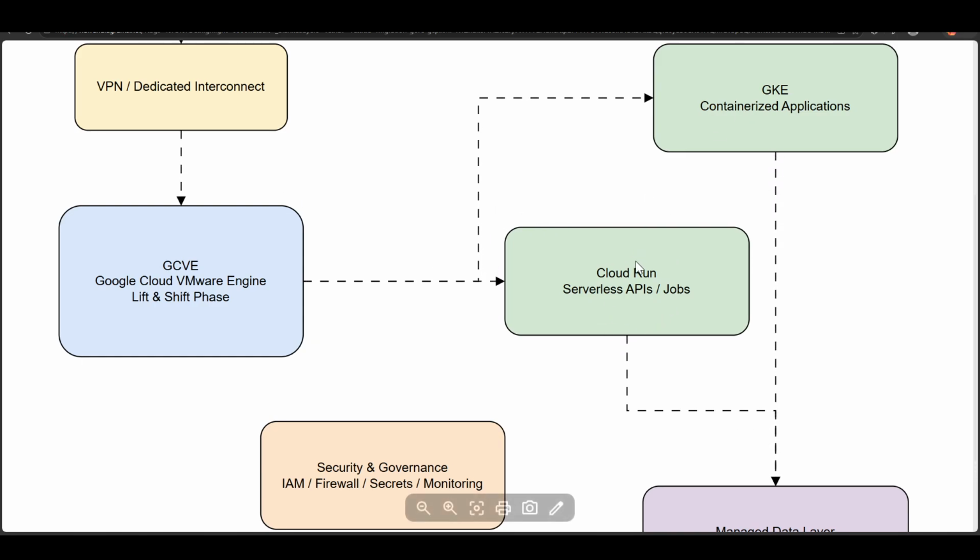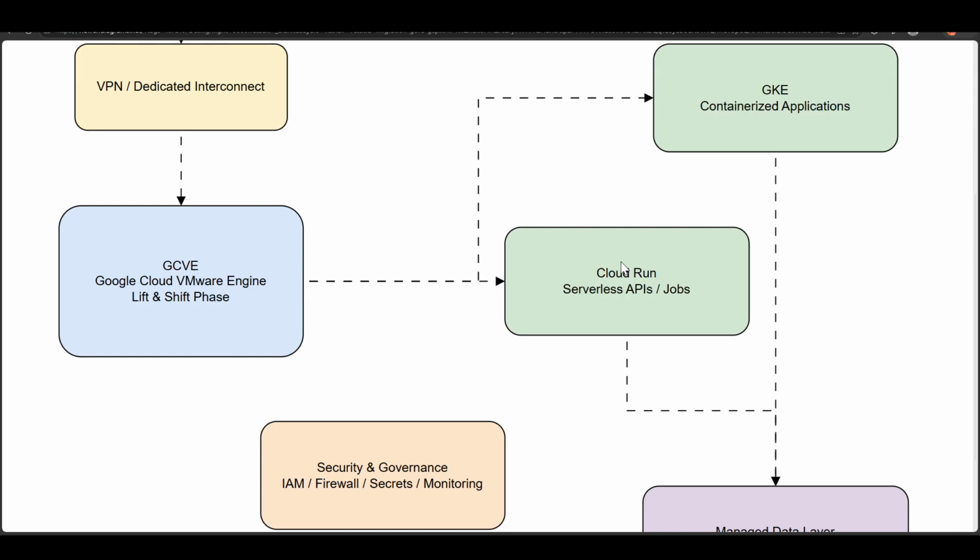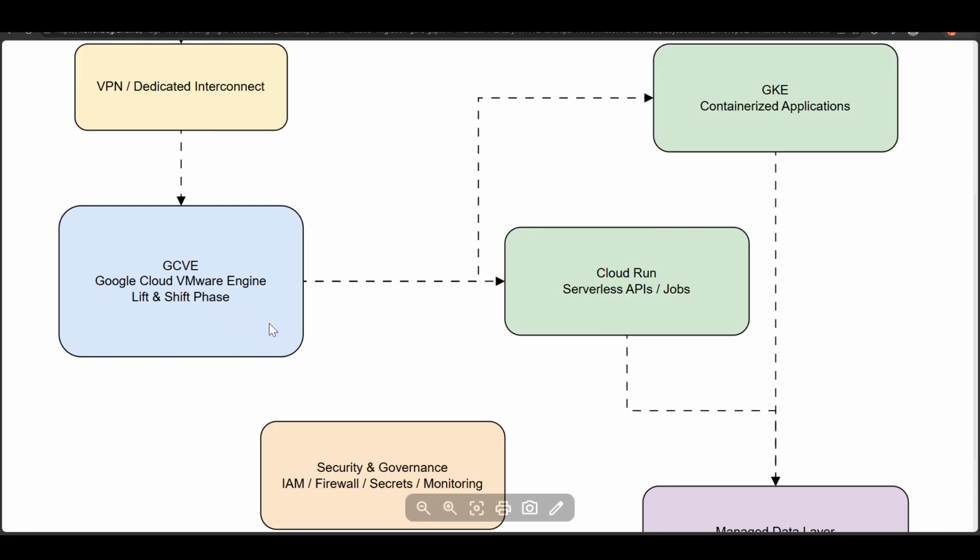You can also integrate GKE and Cloud Run if there is any requirement. Databases, on the other hand, are moved to managed services like Cloud SQL or BigQuery, so that performance and scalability, and cost efficiency, improve as well, while you break these applications into smaller